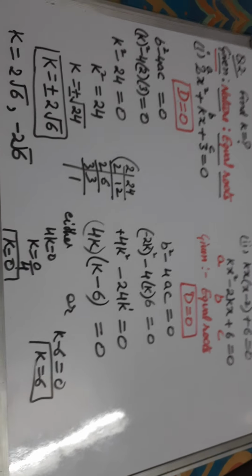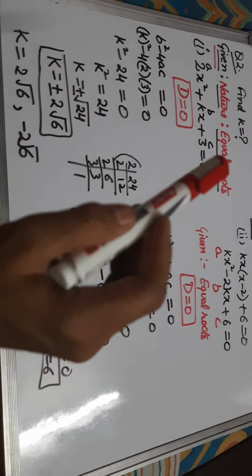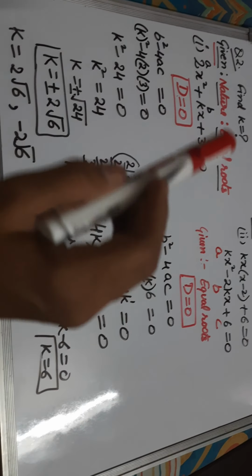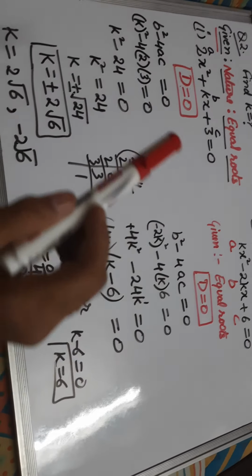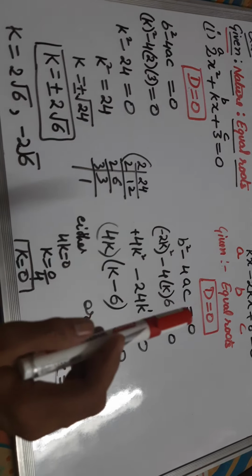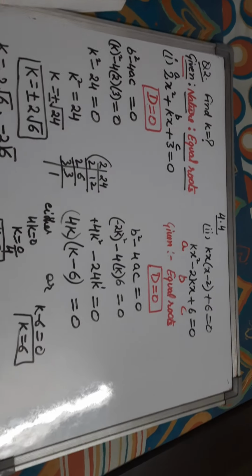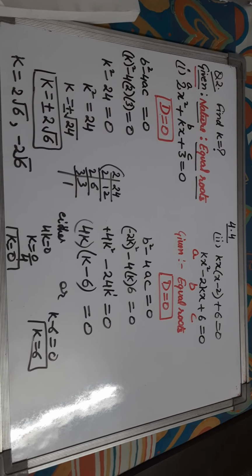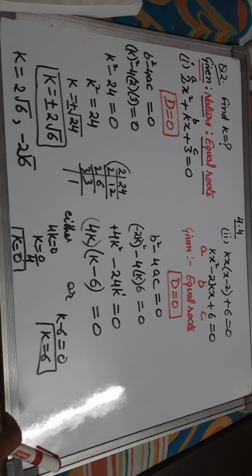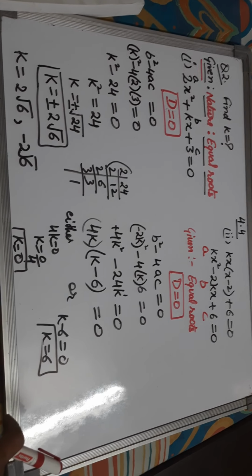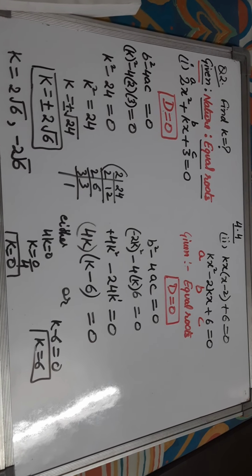So in this way, I hope it is clear to you. In this question, the nature of roots is given to you. Start from the condition, okay? For the condition, you will get the marks. If you do not write the condition, your marks will be deducted. So I hope it is clear to you. Try the examples yourself. Try a few questions from the extra books yourself. Okay, I'll provide you some extra questions related to these. That's all.